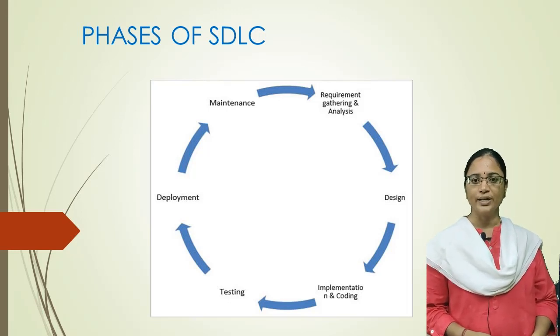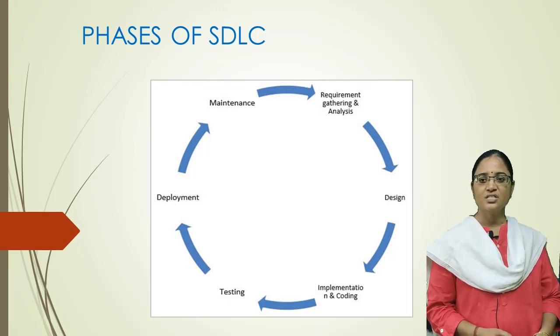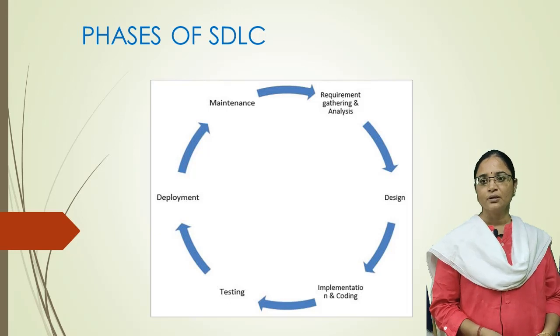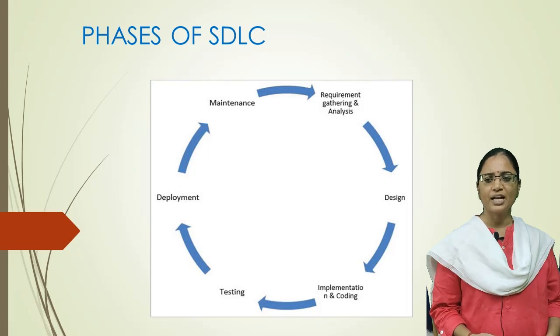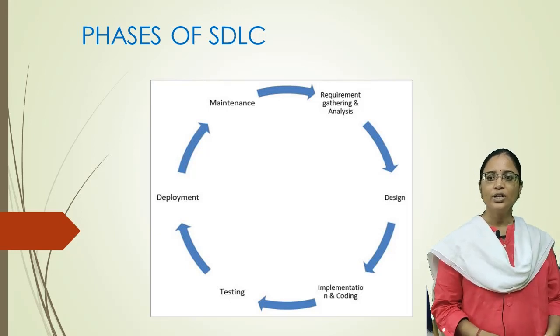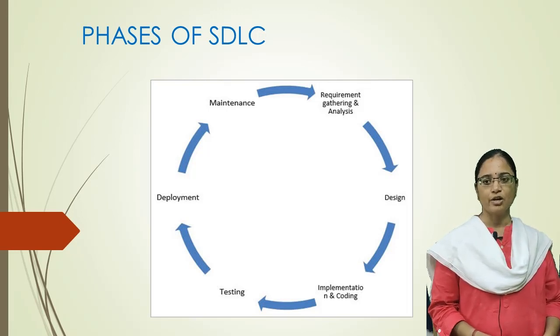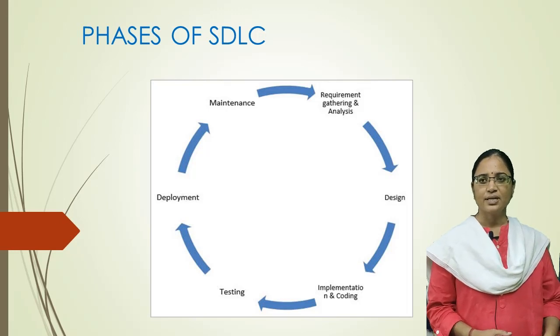Next, coming to the coding. Coding means after designing, once the system design phase is over, the next phase is coding. In this phase, the developers build the entire system by writing the code using the chosen programming language. Here you can choose any programming language, but the system needs to run. In the coding phase, tasks are divided into units or modules and assigned to various developers. It is the longest phase of the software development lifecycle process. It means in the entire software development lifecycle, 70% of the time is considered for this coding only.